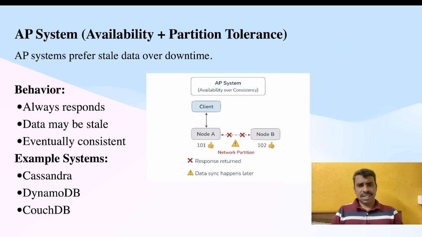That is not happening very frequently, right? Sometimes some downtime will be there, something may fail. At that time you will get stale data, but the system will still be available. Once that issue resolves, you will get consistent data. For example, Cassandra, DynamoDB, CouchDB, social media applications, these kinds of things